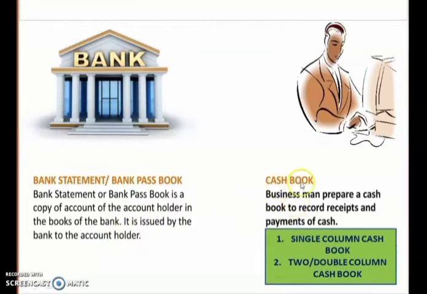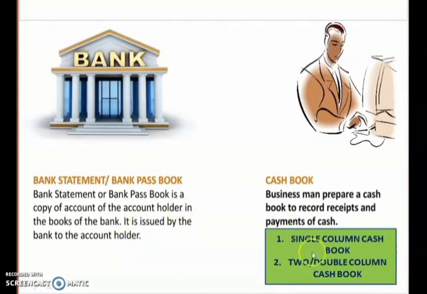Cash book, you know very well about the cash book. A businessman prepares a cash book to record receipt and payment of cash. So there are two types of cash book: single column cash book where only cash dealings are recorded, and double column cash book in which we record both cash as well as bank column. So children, cash book is a book maintained by a businessman, and bank passbook is the book which is issued by the bank to the businessman or account holder,